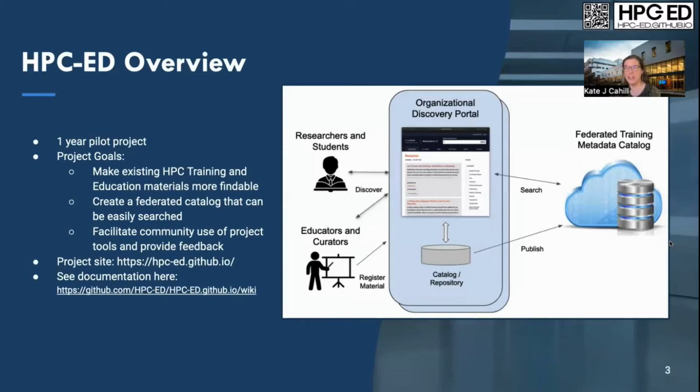Hey, everybody. So I just wanted to do a quick overview of the project. We right now have a 1-year pilot project through the cyber training program at NSF. So really, we're just trying to develop as much as possible to get to a sort of sustainable point that we can share these tools and start building the catalog in the community. So overall, our project goals include,